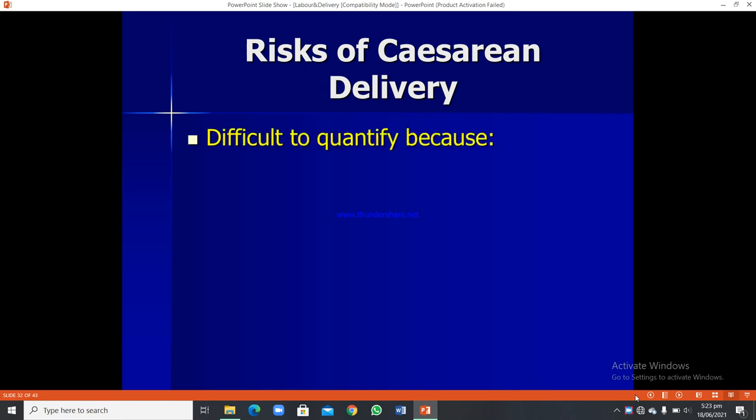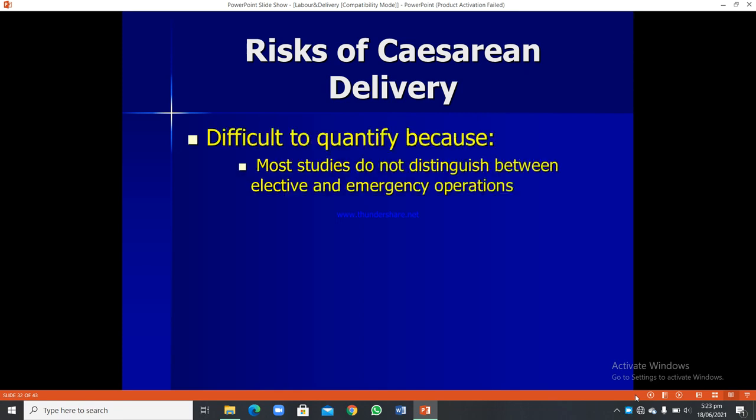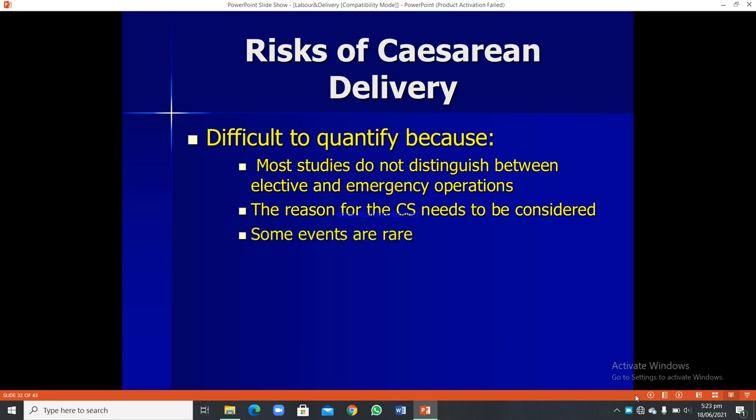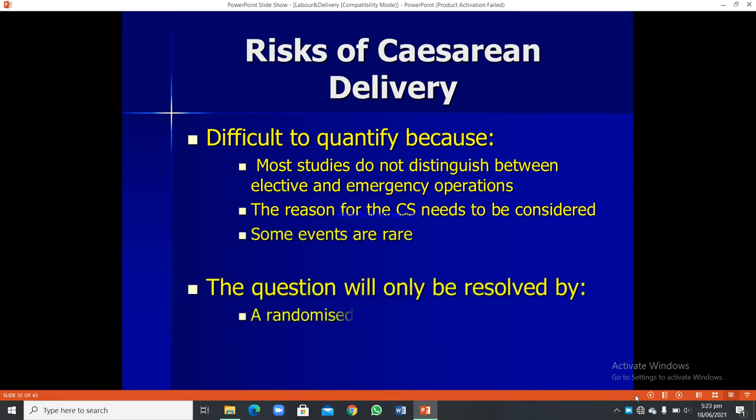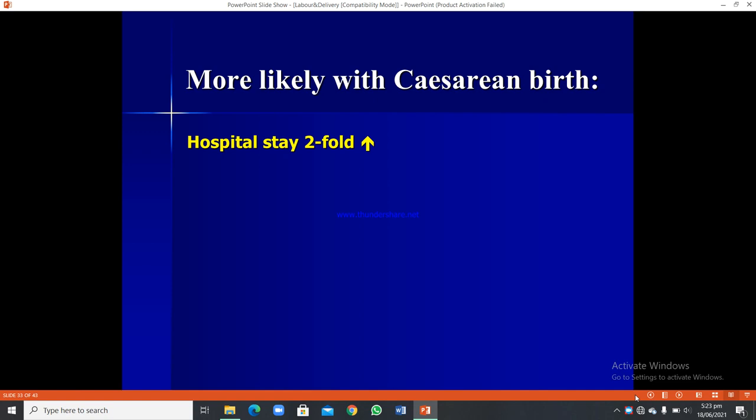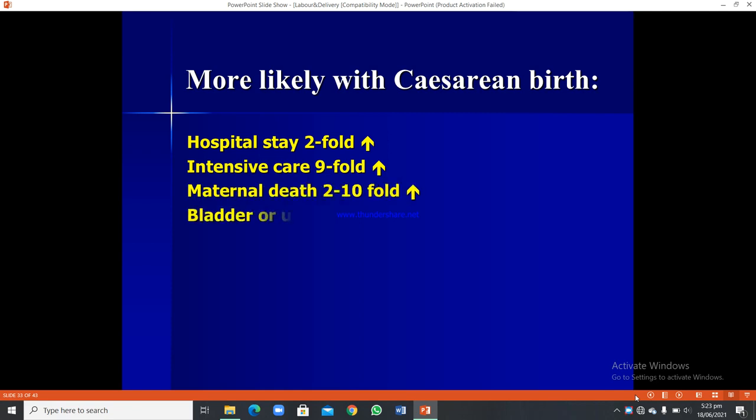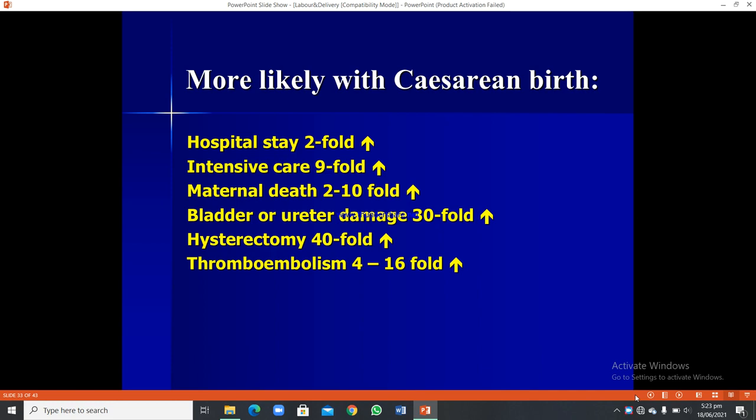Risks of caesarean delivery. Difficult to quantify because most studies do not distinguish between elective and emergency operations. The reason for the caesarean section needs to be considered. Some events are rare. The question will only be resolved by a randomized trial with long-term follow-up. More likely with caesarean birth: hospital stay 2-fold increase, intensive care 9 times increase, maternal death 2 to 10 times increase, bladder or ureter damage 30-fold increase, hysterectomy 40-fold increase, thromboembolism 4 to 16-fold increase, stillbirth in the next pregnancy 2-fold increase,